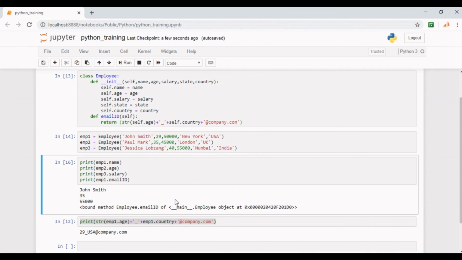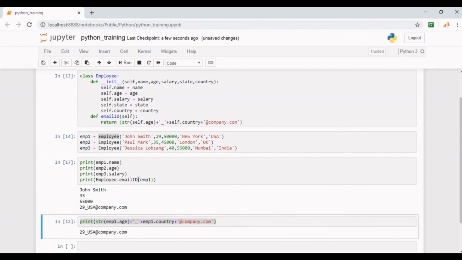You can also call this method using the class name as well, but in that case you will have to pass the object instance like this. If we run this code, we get the same result. Well friends, that's it for this tutorial. Hope you have got some idea of classes, objects, instance variables and the role of self while using a class in Python. Many developers get confused about self as they are not fully aware of its uses.